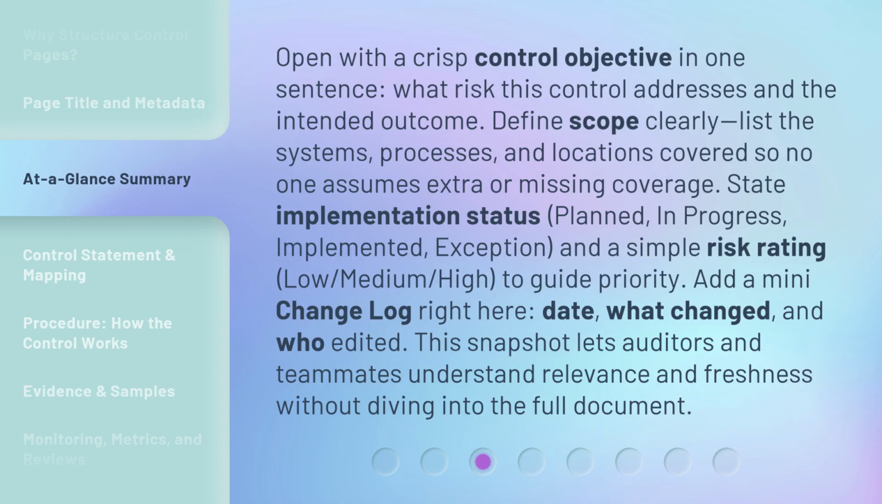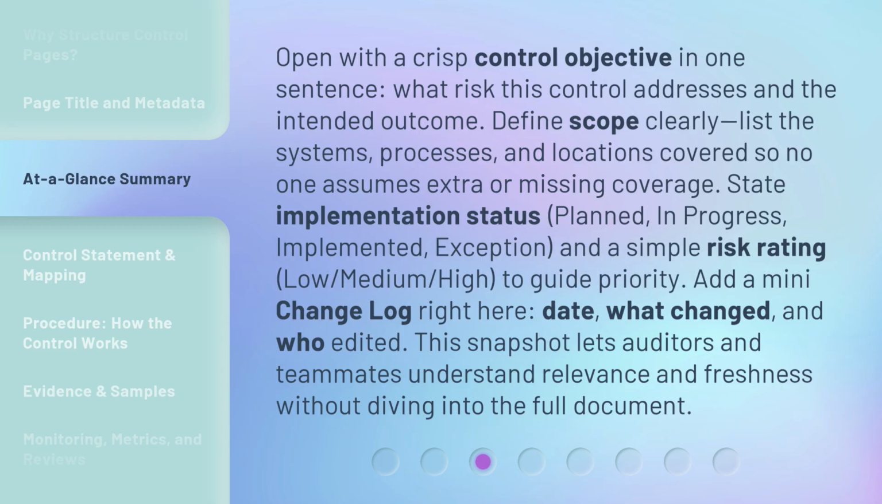Open with a crisp control objective in one sentence: what risk this control addresses, and the intended outcome. Define scope clearly. List the systems, processes, and locations covered so no one assumes extra or missing coverage. State implementation status: planned, in progress, implemented, exception, and a simple risk rating,